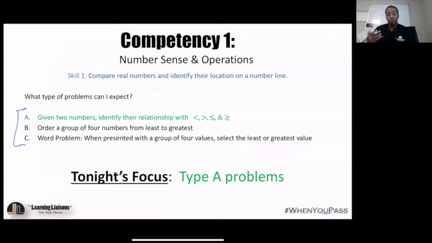So the first one, if you're given 2 numbers, you want to basically identify the relationship. They're going to put a box in the middle of 2 numbers, like here and here, and you have to fill it in with the correct symbol. So that's the first type. Type B problems here are going to be where you order a group of 4 numbers from least to greatest. They're usually going to present the problems to you and say, order the following numbers. And then C is a word problem type where they'll usually say like,